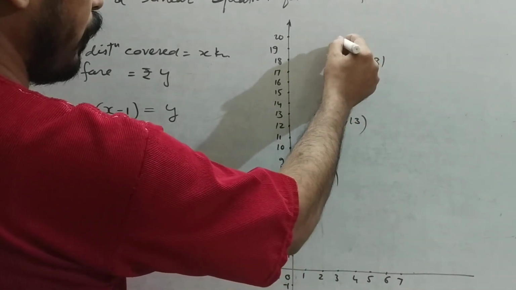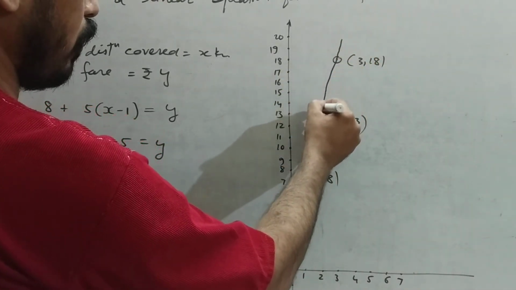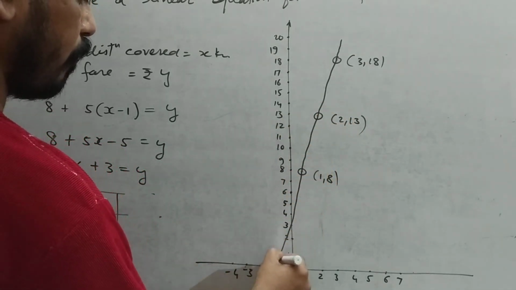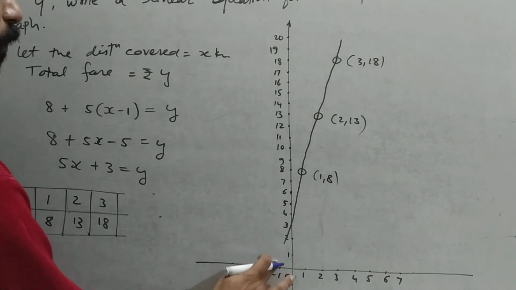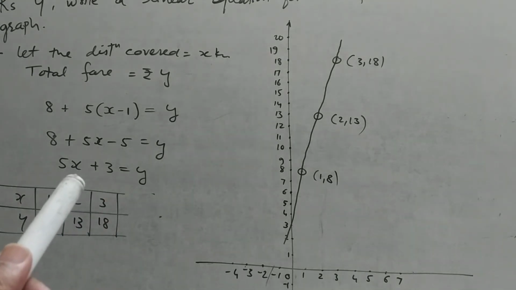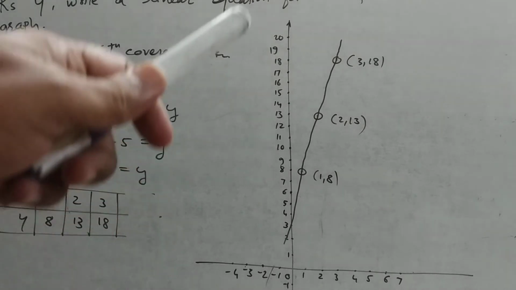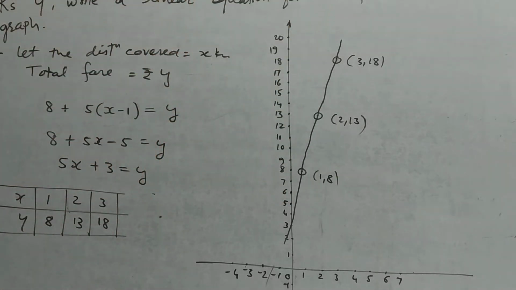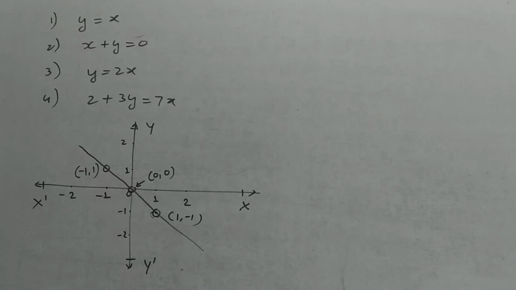Now with the help of your scale, draw a line through these points. So this is your graph, and I hope you understood it. You can take more values, here you can take 3, 4, 5, so it will keep on increasing like that. It is a linear graph. I have not drawn it with a scale; you draw it with the scale.